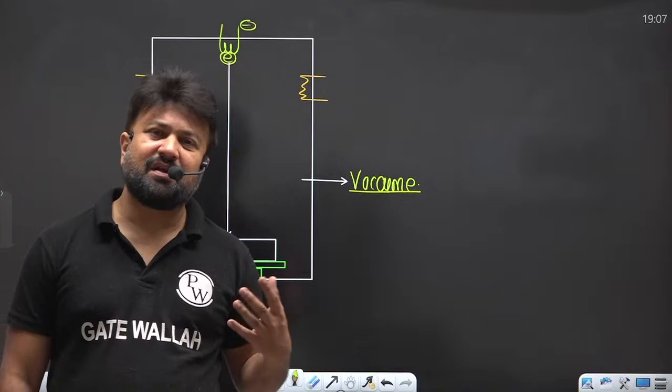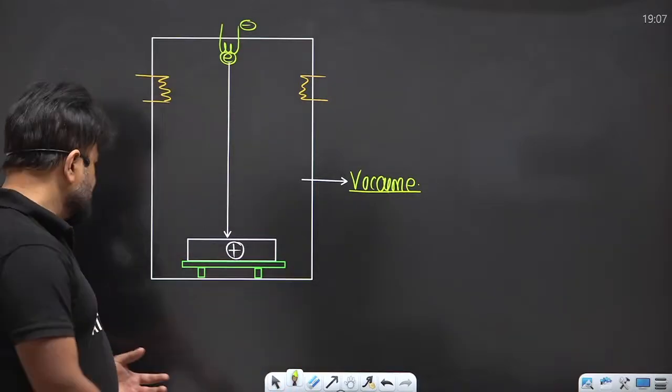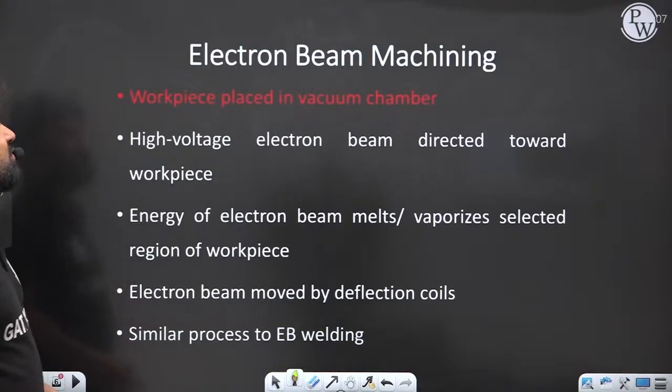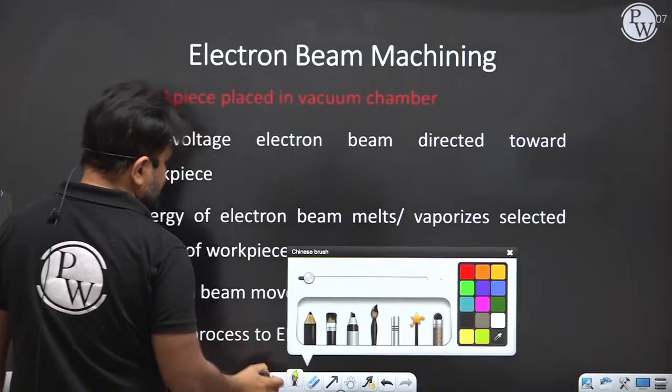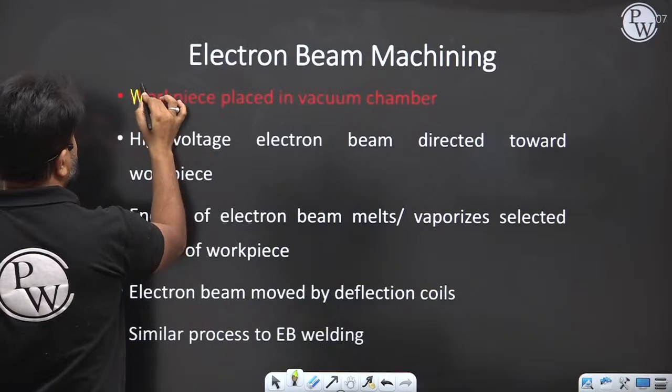Generally used in electronic industry. So let me cover some points regarding the electron beam. Here, the workpiece is placed in a vacuum chamber. As I told you, please always remember that the workpiece